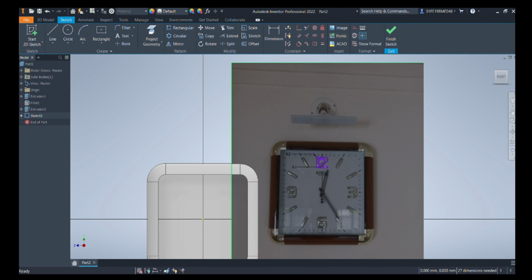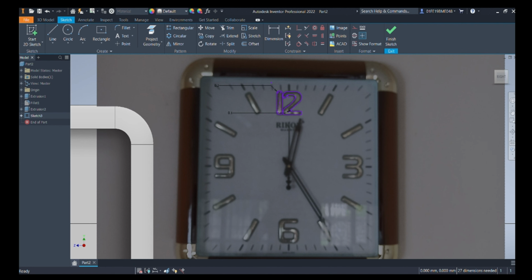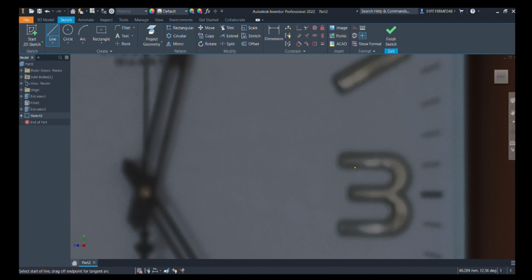Now let's move on to digit 3. So moving towards the next digit, here we will again be using so many arcs and center rectangles to draw the figure. So yes, we have started with the line. Then we will be drawing some arcs.